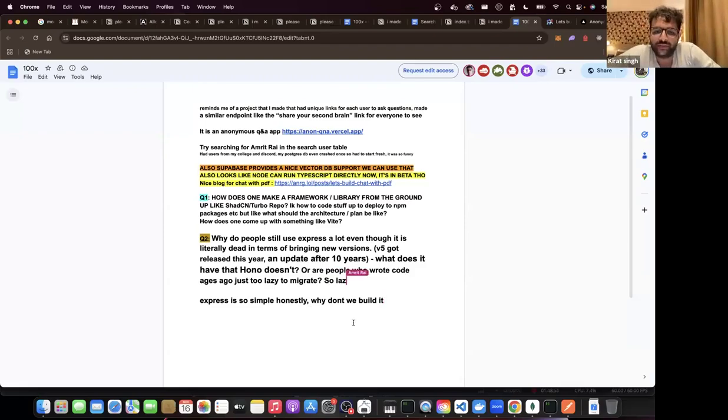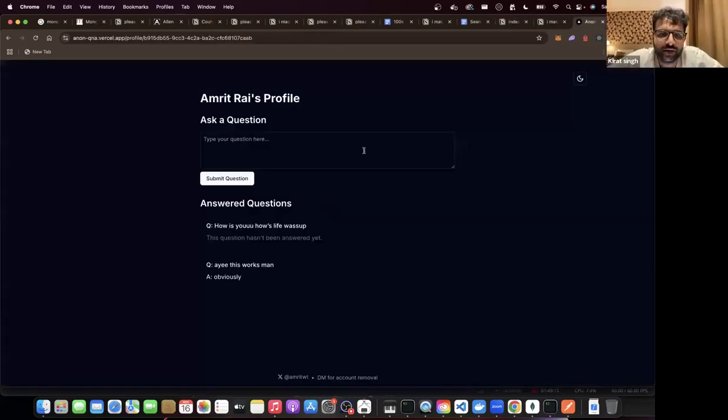Exactly. It's so simple. Why don't we build it? We should build it. So lazy. Or are people exactly so lazy? That is right. Why is SAP developer such a highly paid role? Because SAP is used. That software is everywhere now. So that's where a lot of demand is. We need SAP developers. सारा पुराना software उस पे ही है. That is why. Interesting questions.